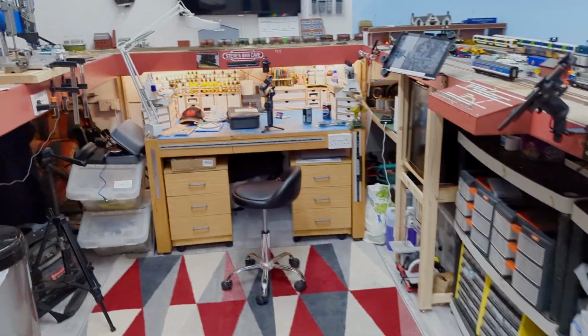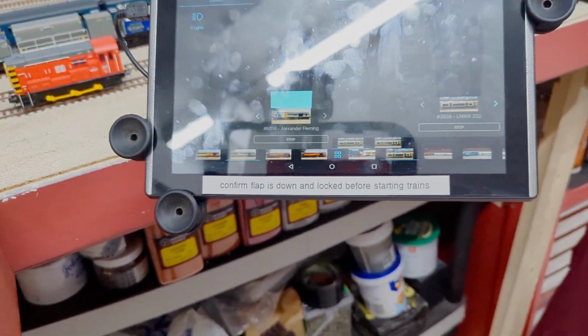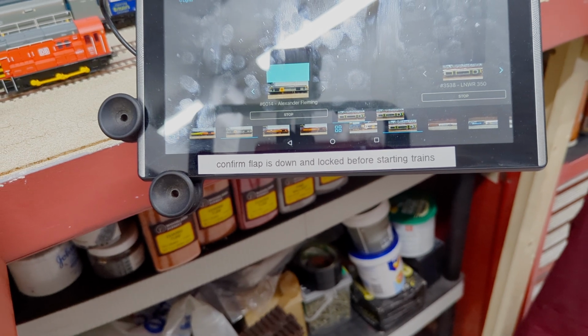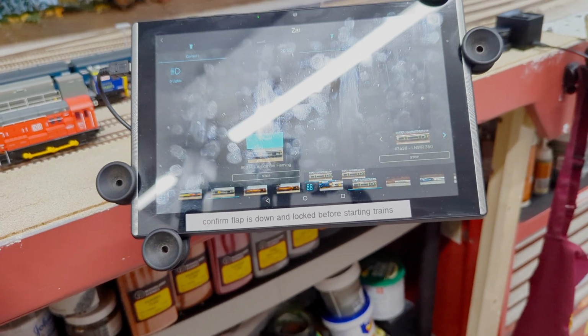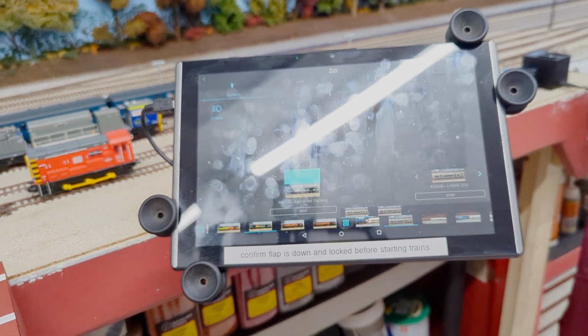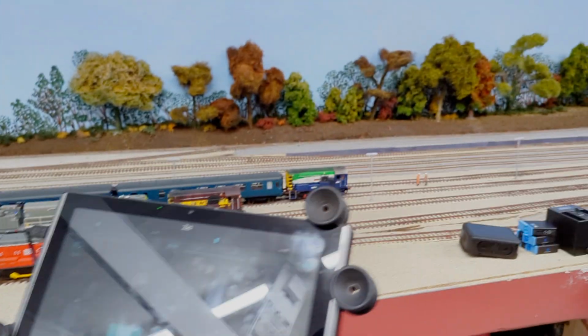So I've gone round, and on every single point of operation of the layout, we now have little warning signs, just to remind me. I mean, that noise should remind me, but sometimes I switch it off. If I've got the power on, now the